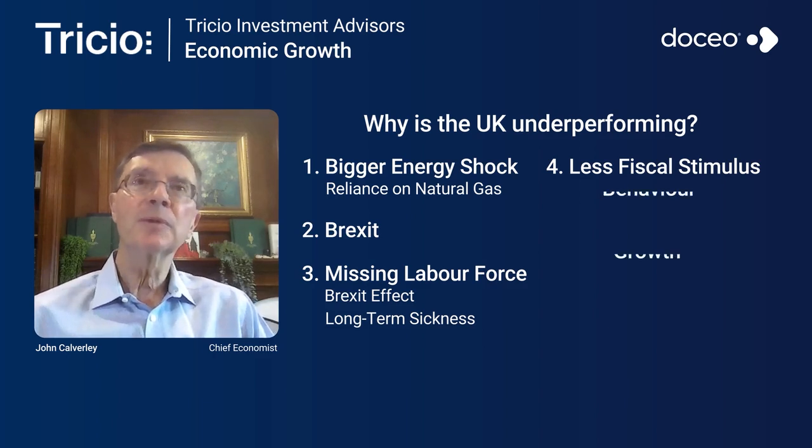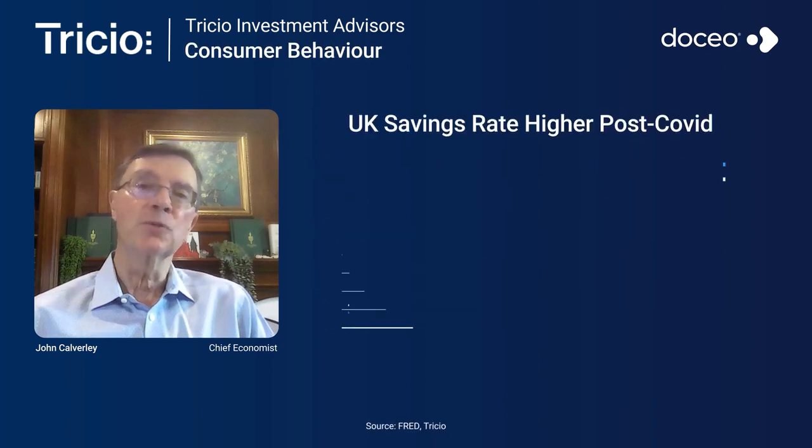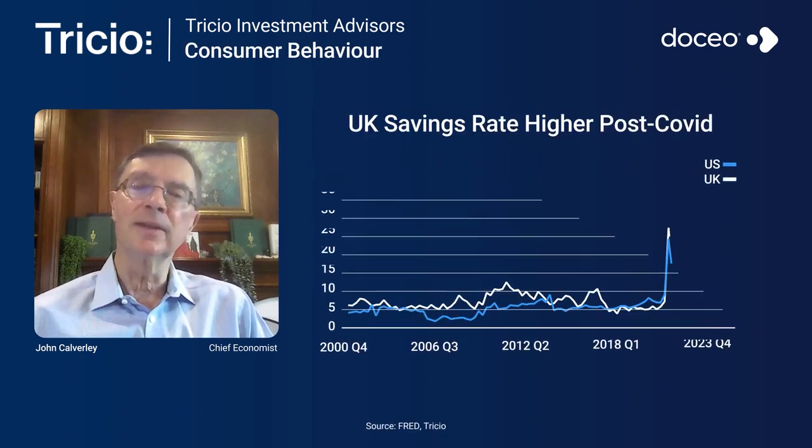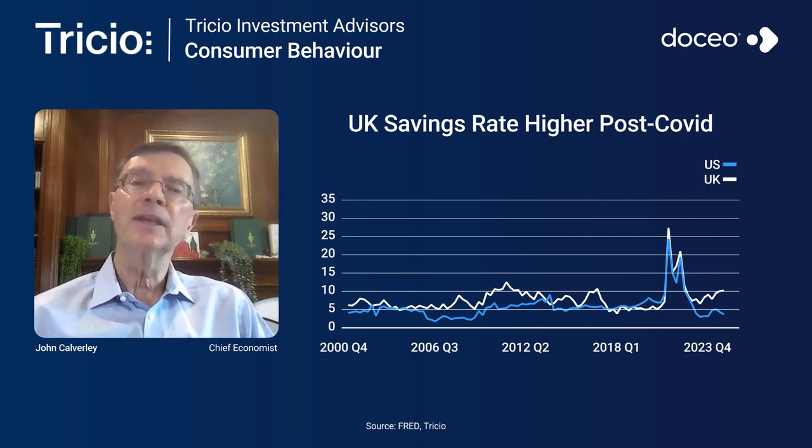And then I want to talk a little bit about consumer behavior, because we can see that there's been a big difference in the way consumers have behaved. The UK savings rate, of course, went up during COVID, as in the US, and that's because people couldn't spend or couldn't get out to spend. But then the savings rate came back down, but stayed relatively high. So what that means is people had the income, but they weren't spending. In contrast, in the US, the savings rate came down below where it was pre-COVID and has stayed low. And that's helped to drive consumer spending in the US in contrast to the UK.